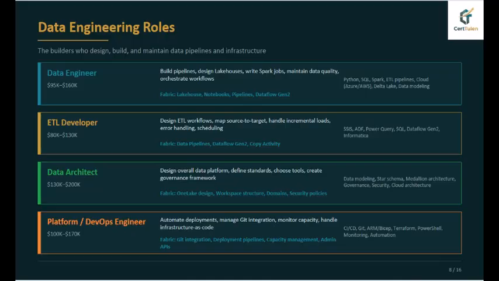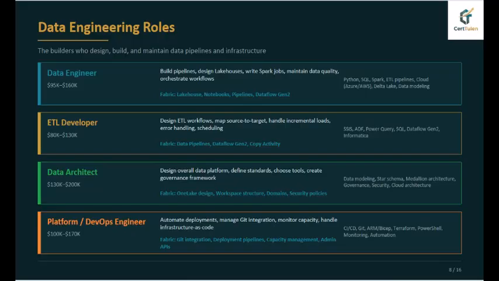A data architect specifically will not be involved in any kind of tools, but he will be aware of data marts, star schemas, Medallion architecture, governance, security, and cloud architecture. Basically, he will have knowledge of these areas so that he will guide us on how to implement and channelize